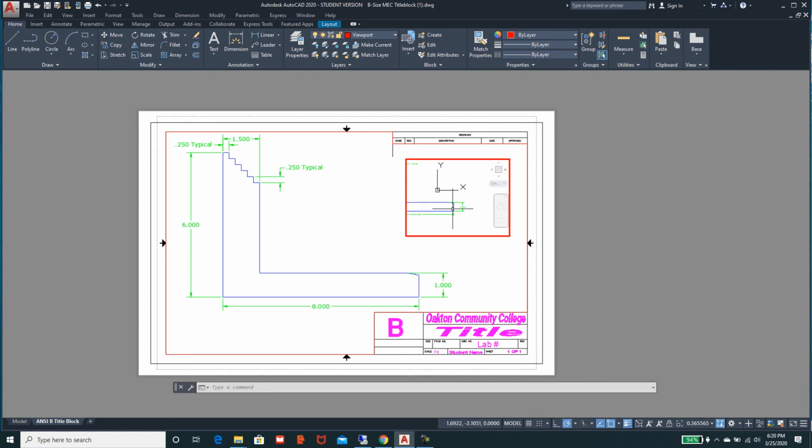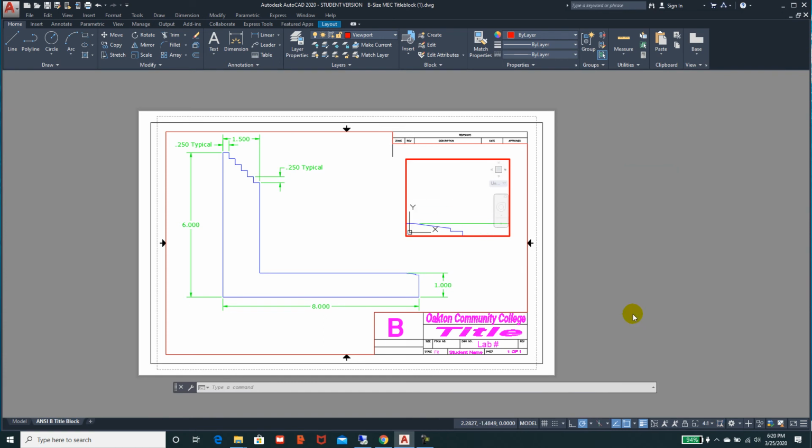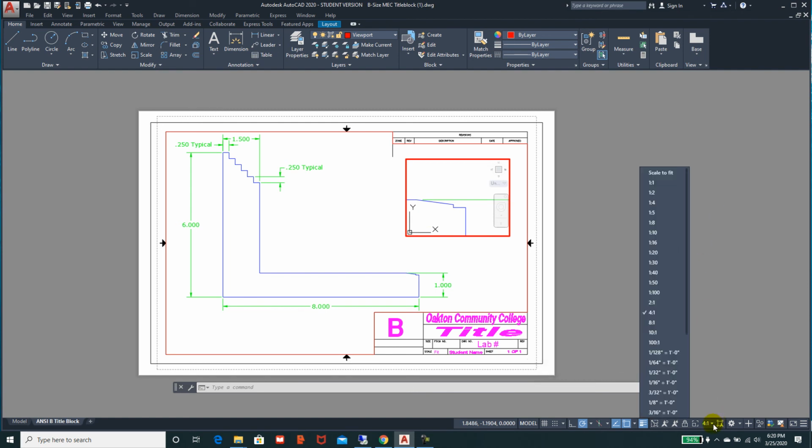So we want to dial in the scale of 5:1 over here. What we do is we get this component centered in the viewport, and then we can change the scaling. They don't have a 5:1, they have a 4:1. And so we can get pretty close to it there. And then we can make a custom scale. And so we'll say